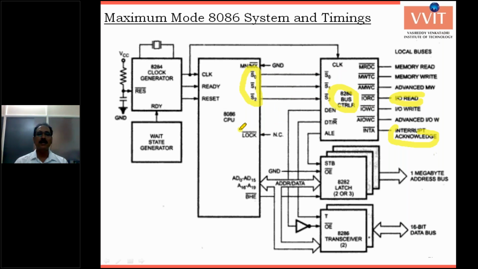Now the lock signal. Lock is generally used as a prefix to a statement. Any statement with the lock prefix is not supported for multitasking, and that is indicated by output 1. The remaining configuration, the latch, is similar to minimum mode configuration; it serves the address. Now this is the indicator for transmitting or receiving, depending on DT/R bar.